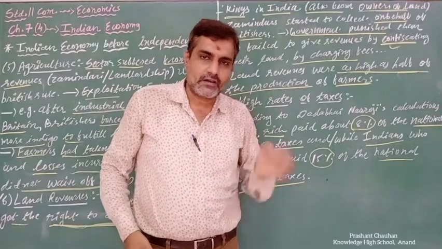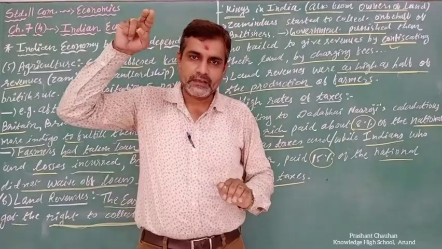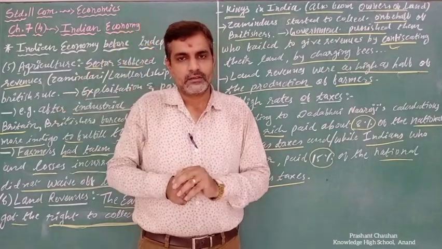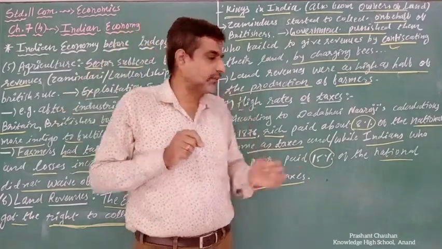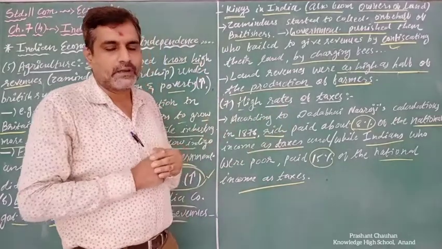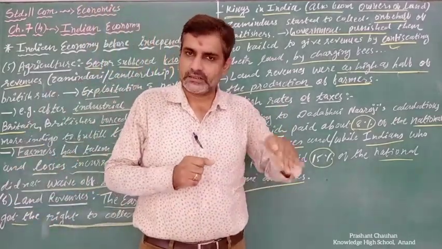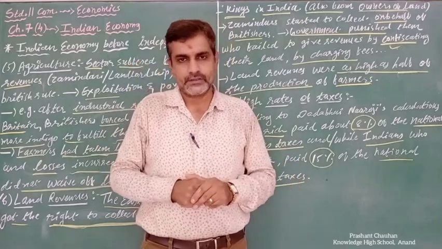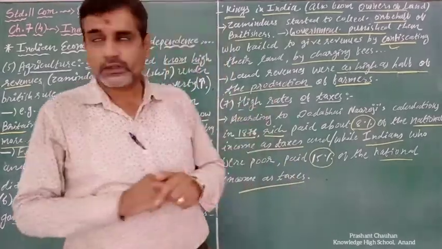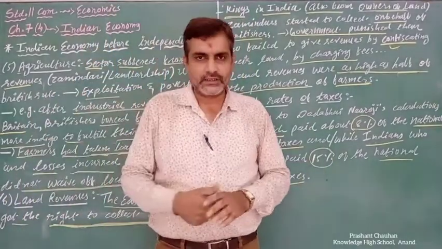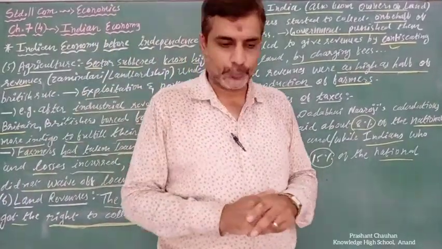So our earnings were very less, though we are paying high. The Britishers' earnings were high, though they are paying less. That is the difference in the taxes paid by the poor people and the rich people. Poor people, that is Indians, rich people, that is the Britishers. So that is the thing from the 3 points, 5, 6 and 7. There are other points too. I will give information later on. Thank you.